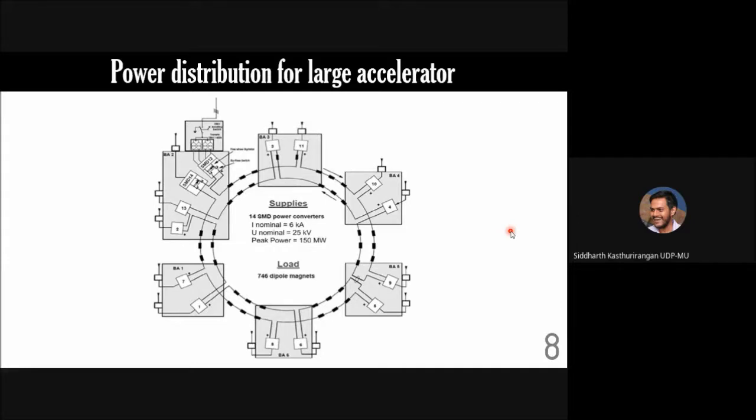This is another picture of, again, CERN only. There are a total of 14 power distribution units around the ring. They are labeled from 1 to 14. 1 is here, 2, 3, 4, 5, 6, then 7, 8, 9, 10, 11, 12, 13, and 14. So they are all distributed around, which supply power to different parts of the accelerator, just as we had mentioned in one of the initial slides.